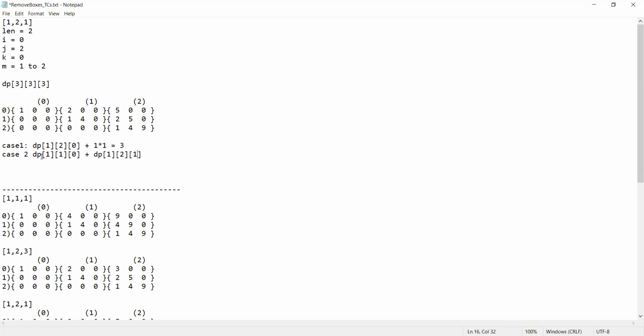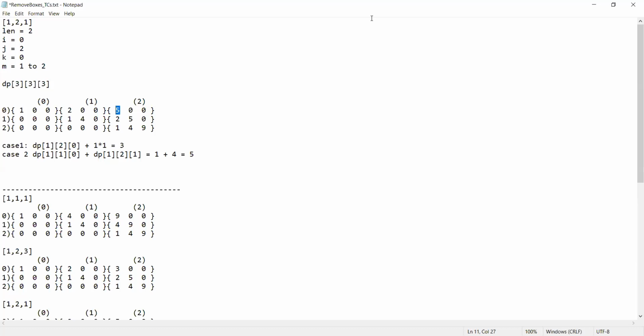If you look at this location, which will be 0 0, so i1 1, this is the one value. And if you look for this value, which will be i1 2 and the k1 here, if I add 4 to 1, this value will be 1, and this will be 4, and that is the reason I will have a value 5, which is greater than this case 1 value. So this will be 5, and then I will be returning this value. So this is a bottom-up approach being used